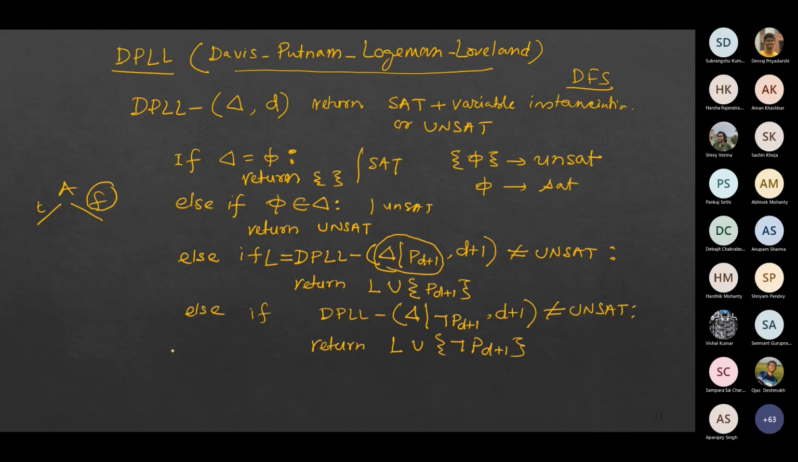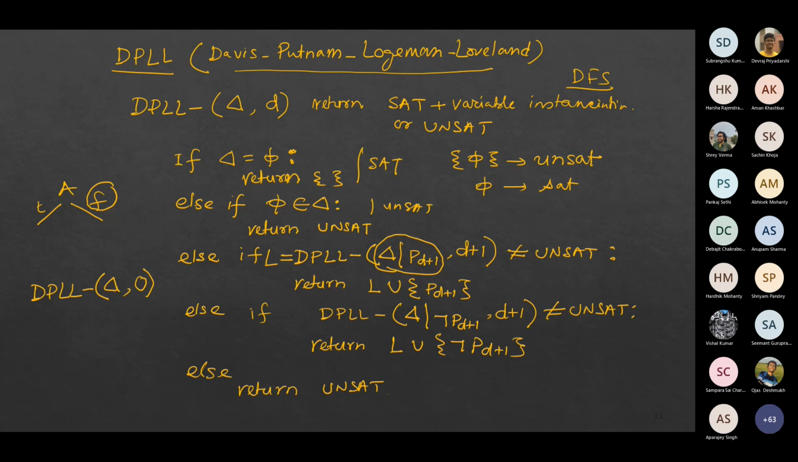And how do we call this? And if we do not have anything of this, we say unset. Right. So what will be our first call? Our first call would be DPLL minus. We will be starting with the original knowledge base. And what is the depth we'll be starting with? We'll be starting with depth 0. So let me try to